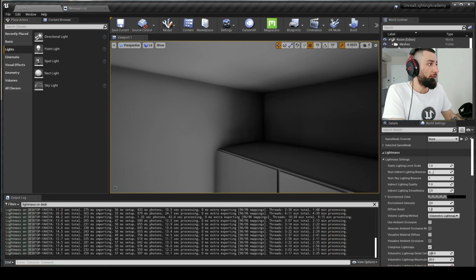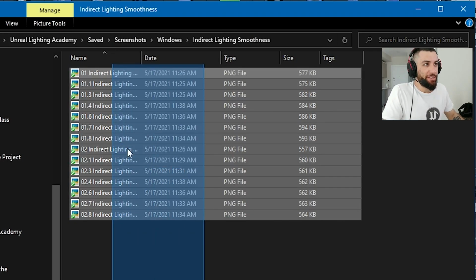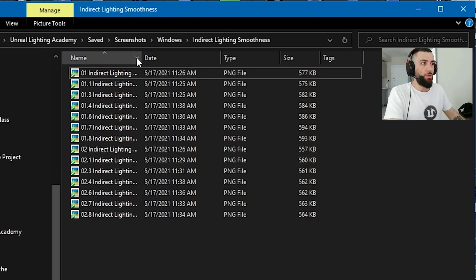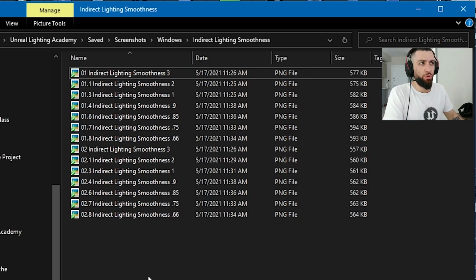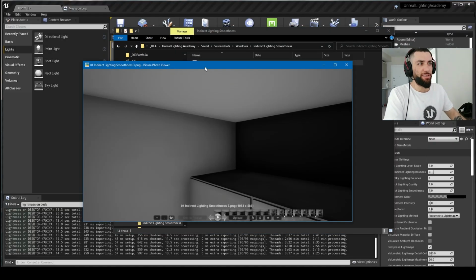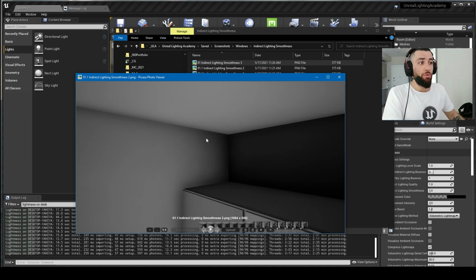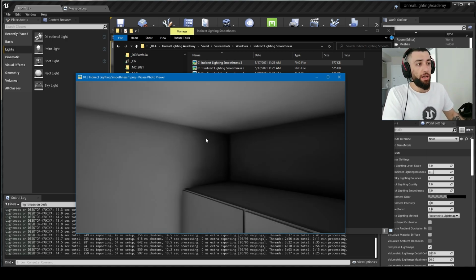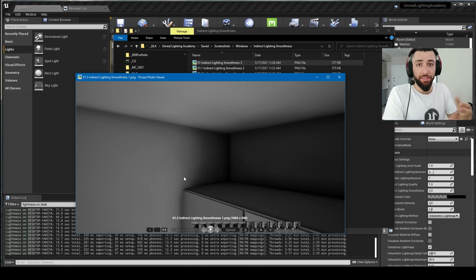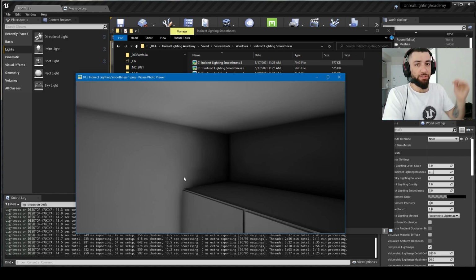So to save you some time, I went ahead and did some tests on different settings on 2 different cameras from 3 to 0.66. So this is the first camera, indirect lighting smoothness on 3. Look at this area, we almost have no indirect lighting, and now this is 2. We're starting to get like the indirect lighting now is smoother, and this is the default value of 1, so it's like good. Now if you want to increase this to make it more accurate, you start reducing this below